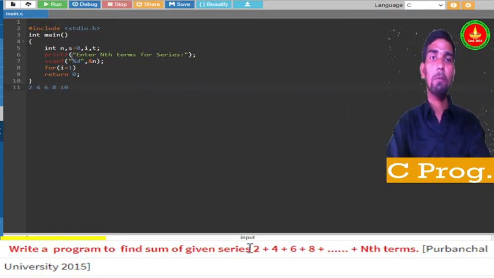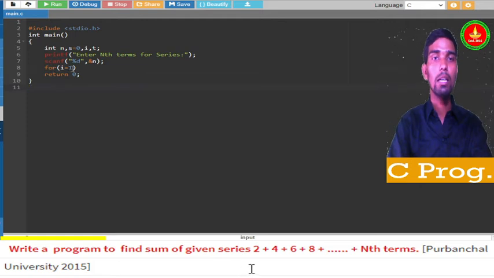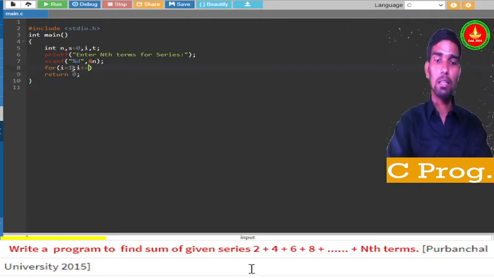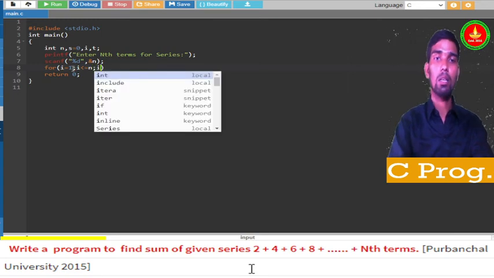If we start from 1, we can just multiply: 1 into 2 is 2, 2 into 2 is 4 as the counter increments, 3 into 2 is 6, 4 into 2 is 8. So we can easily find these elements. That's why I am starting from 1, and I will go while i is less than or equal to n, and i plus plus.